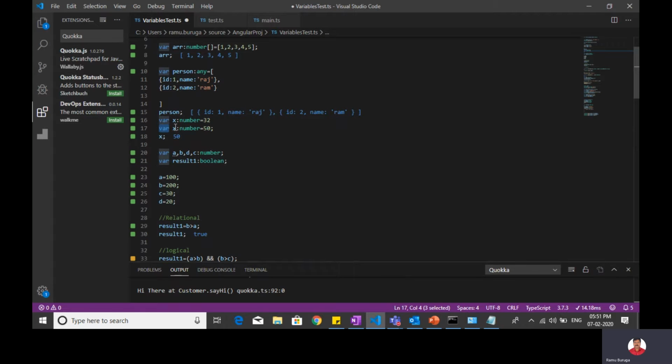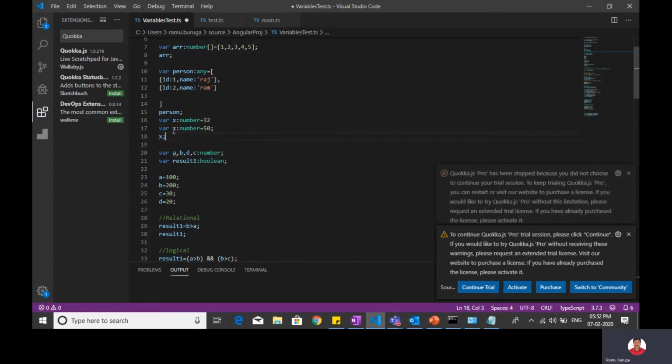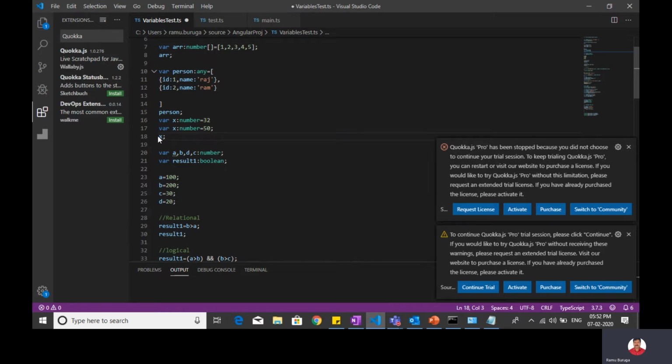Again I have declared the x variable with the same name, but it is allowing it in TypeScript. With the same name I have declared a variable multiple times with a different value. Is it allowing? Okay, but whatever the latest value I have assigned, I am getting that value as the result, 50. Here x I assigned 32, here x assigned 50, but I am getting the result as 50, right?